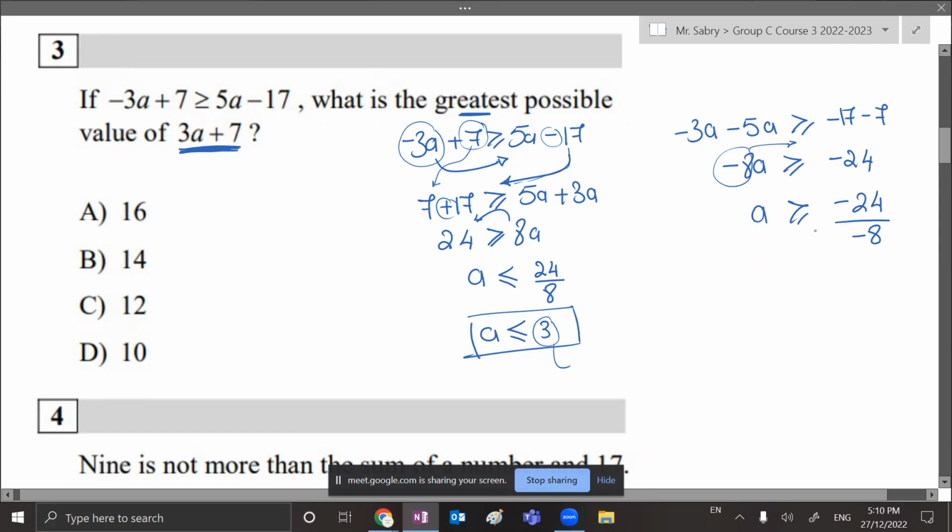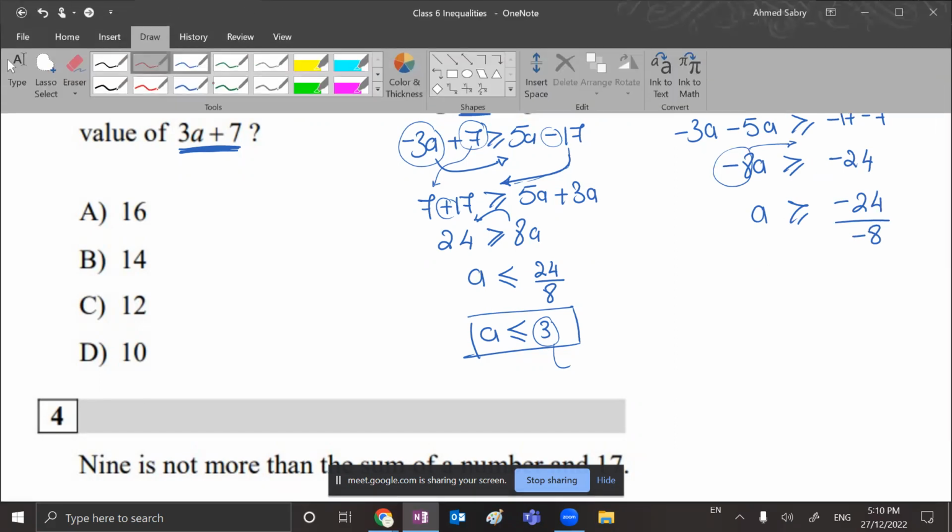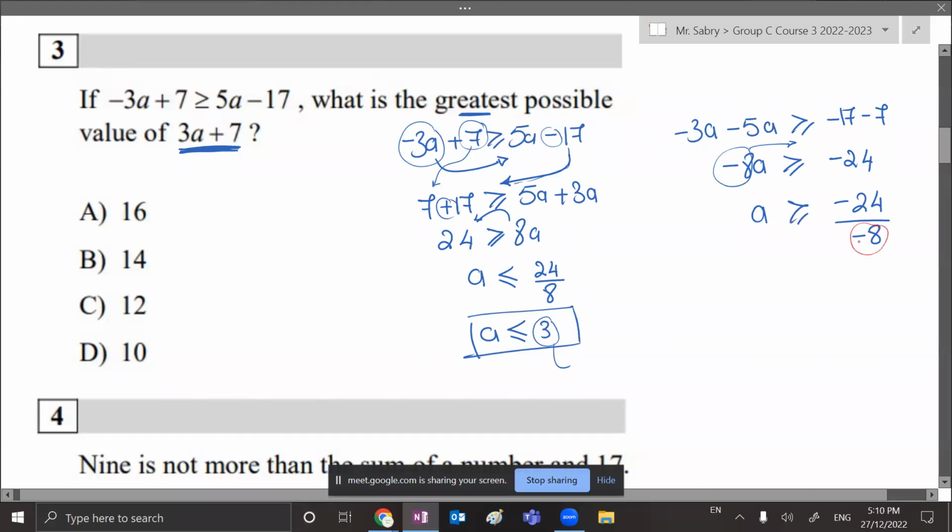Now لما بعمل division بنيجاتيف number، لما بعمل division في الانيكواليتي برقم بالنيجاتيف، لازم أفليب الساين دي. يعني دلوقتي هتبقى a less than or equals to، فعلا النيجاتيف هتشيل النيجاتيف و24 divided by 8 تبقى 3. So a is not bigger than or equals to 3. a is less than or equals to 3. فاهمة؟